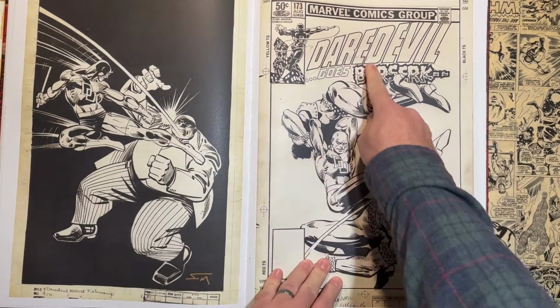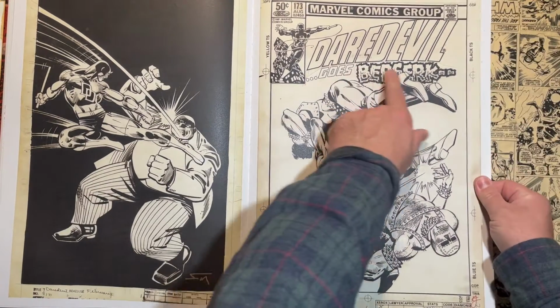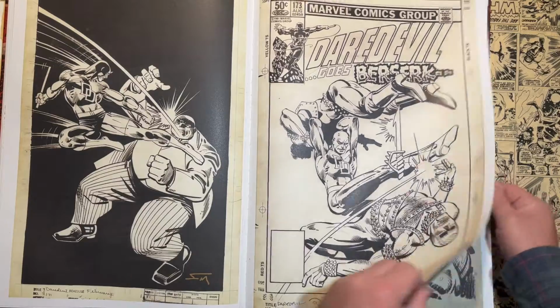Yeah, that lettering's pasted up too, so I'm imagining that the letterer of that issue did the lettering there, not Frank Miller. But